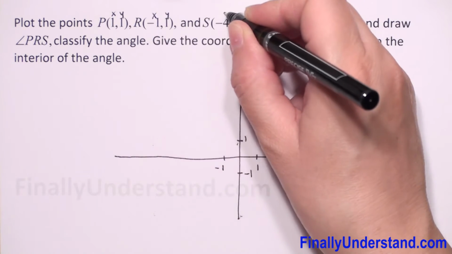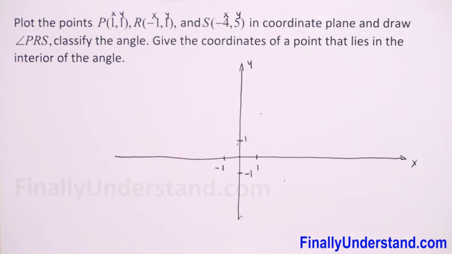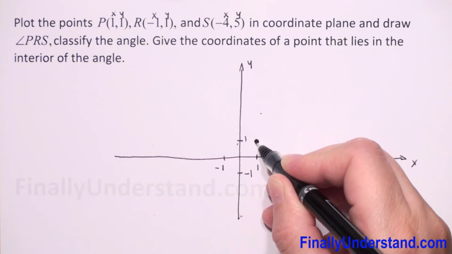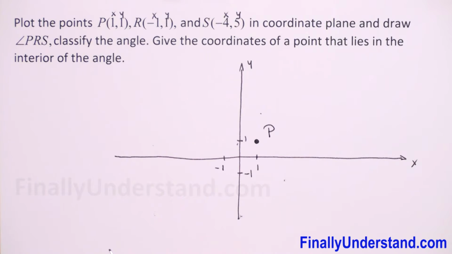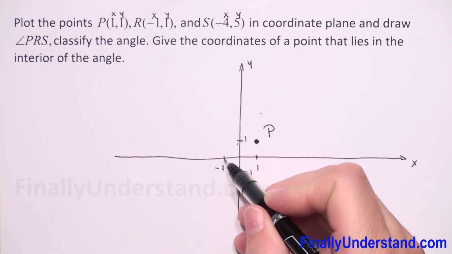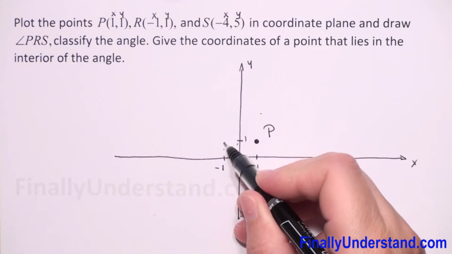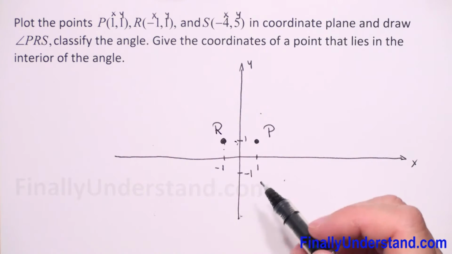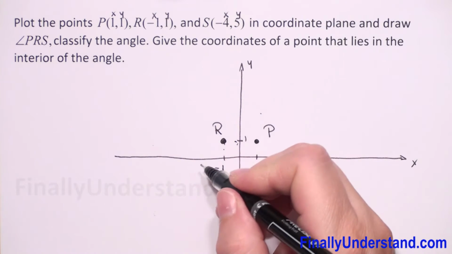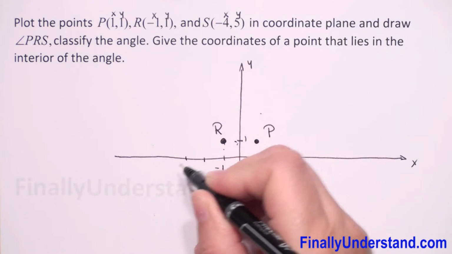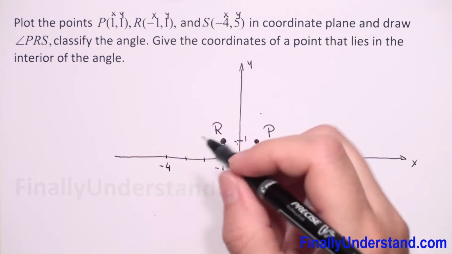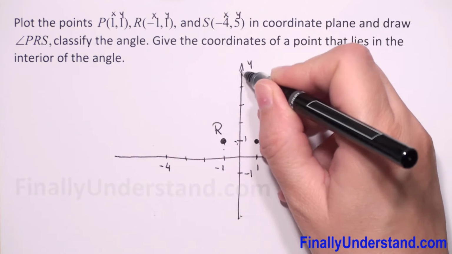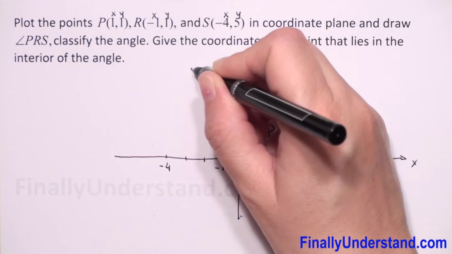X, Y, X, Y. The first point is (1, 1), so for X 1, for Y 1, so this is our point P. Point R has coordinates (-1, 1), so this is our point R. And the third point is (-4, 5). 2, 3, 4, negative 4, and Y is 5. So approximately 1, 2, 3, 4, 5 will be here. So our point